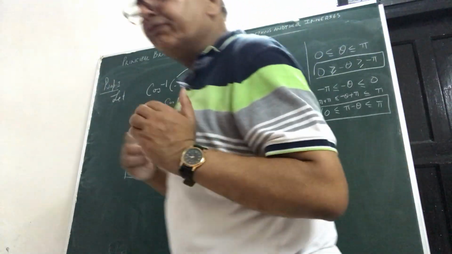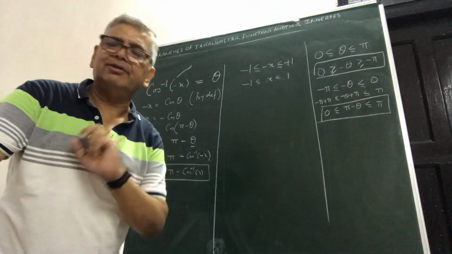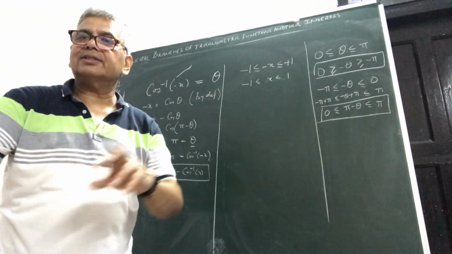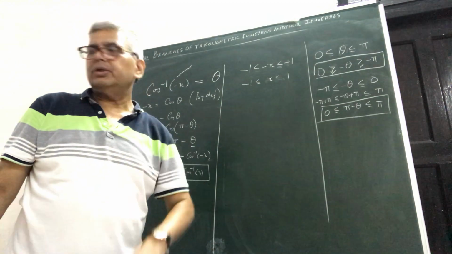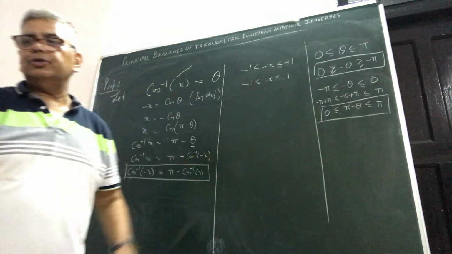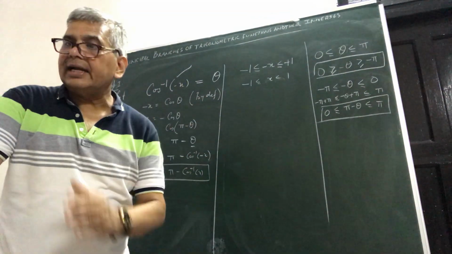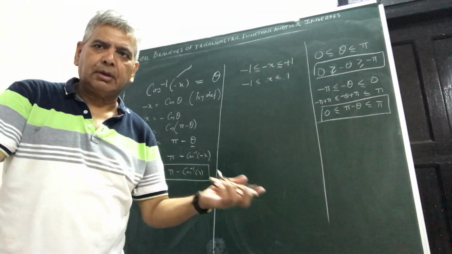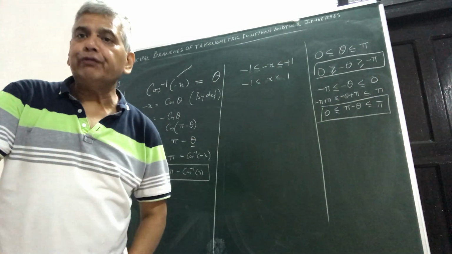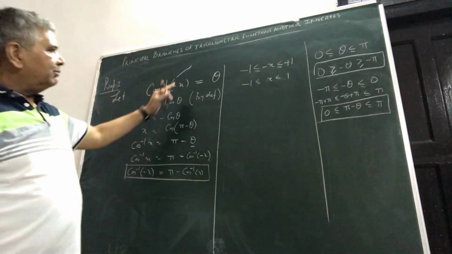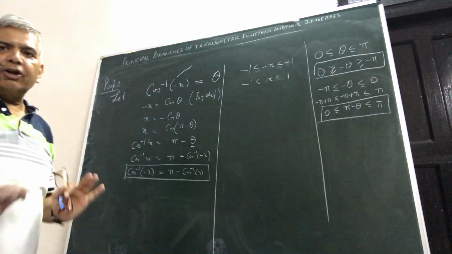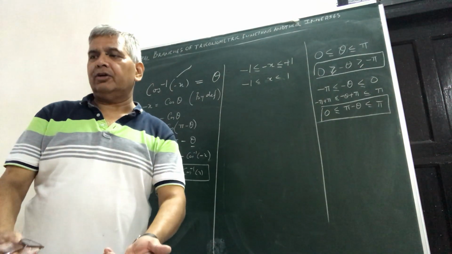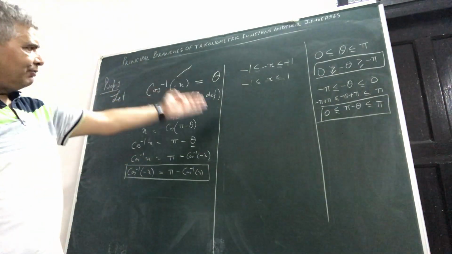Otherwise, there are certain formulas like sine inverse x plus sine inverse y is equal to sine inverse of x under root 1 minus y square plus y under root 1 minus x square, all these things within the bracket. Therein also you need to ensure all such conditions. Though they are not in your syllabus, if you are going for some competitive examination, then of course they are very fruitful formulas. So I am just leaving it here, purposely not going at a faster rate, so that you have enough time at your disposal to grasp this idea.